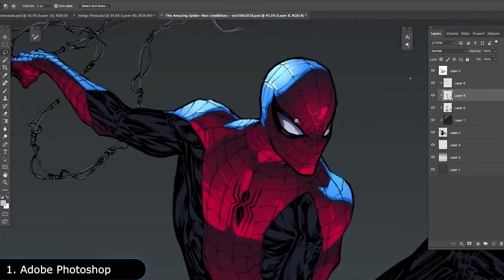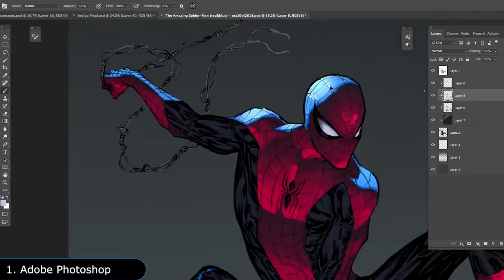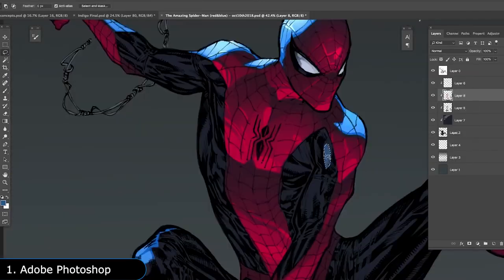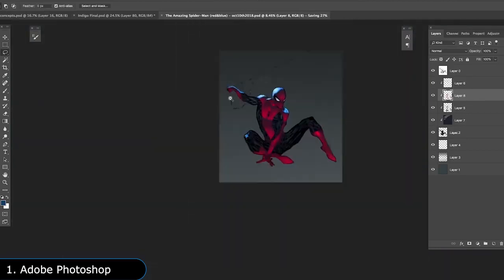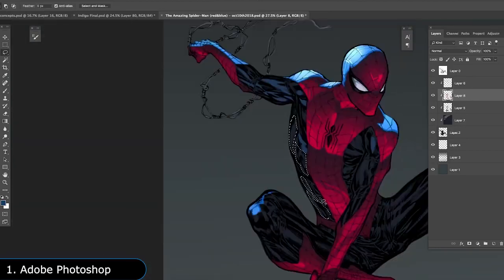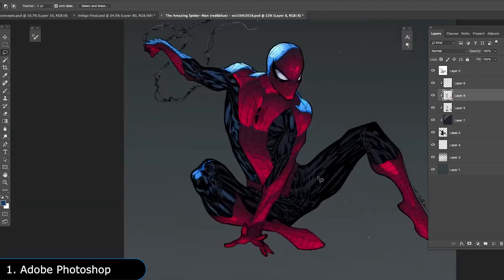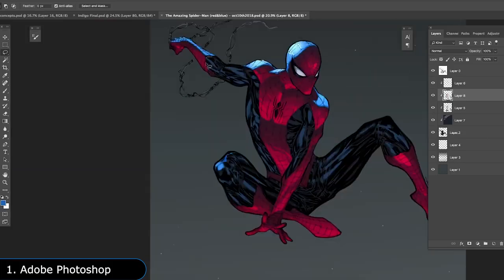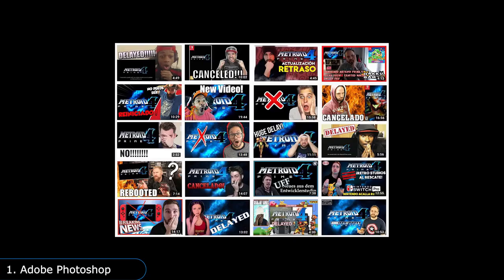But that is pretty self-explanatory, as it is so famous that the word Photoshop is now considered a verb in the English language. Photoshop is a versatile tool which is great for making posters, advertisements, wallpapers, and digital artwork. Artists use it to draw, sketch, and even paint digitally. Photographers use it to enhance and retouch their photos. Meanwhile, YouTubers use it to make cringy clickbait thumbnails.